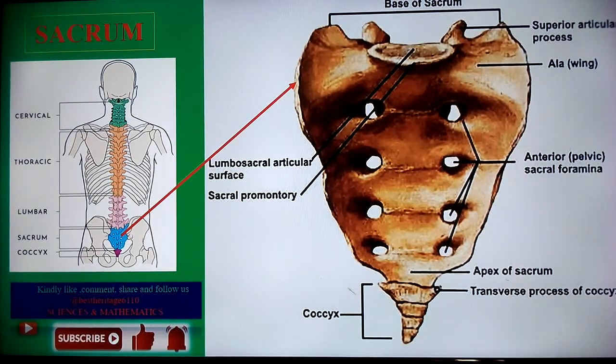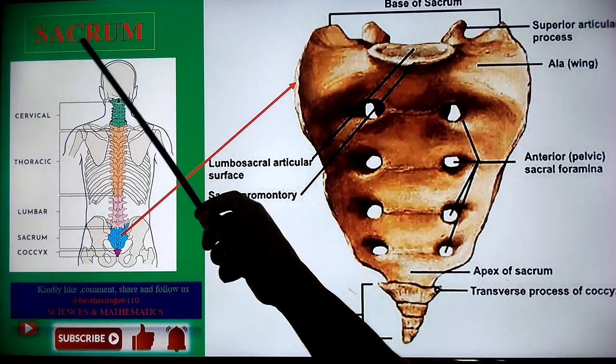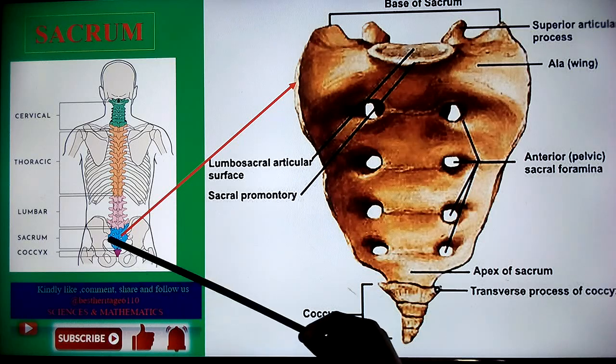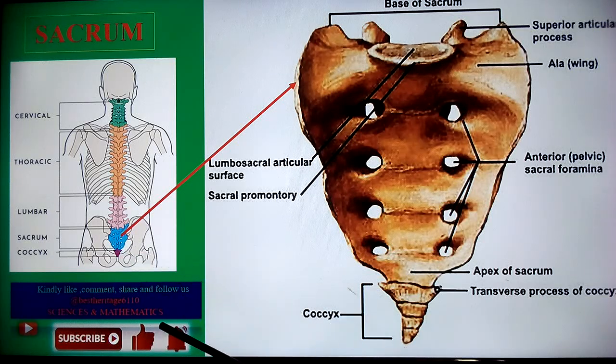So today we're going to look at the last bit of the axioskeleton, which we refer to as the sacrum. In conjunction with this, it's going to be easier for us to join these two parts so that we can see the different features and characteristics which they have. In essence, I'm going to discuss the sacrum and the coccyx together, and we look at their different features and characteristics, just the same way as we have been doing for other parts of the